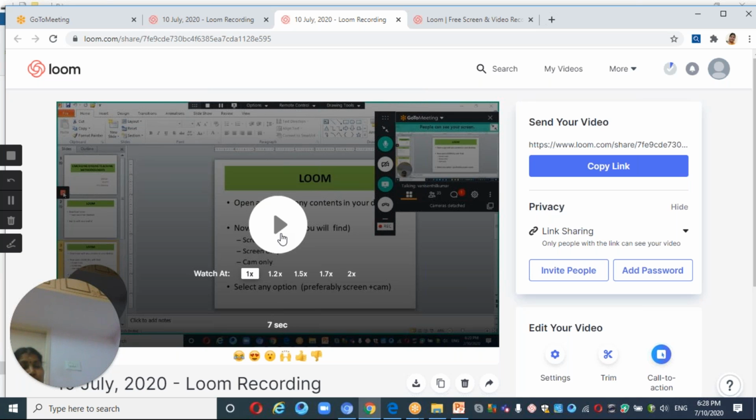Loom app is most popularly used for taking lectures for n number of participants. Number one, the main thing is that it is completely open source. In today's lecture, I'm going to deal with two main things. One is open source. Second is a licensed tool, which I'm going to use, nothing but Microsoft Teams.